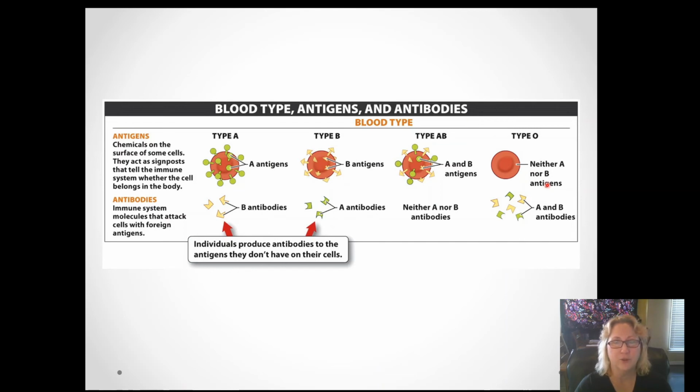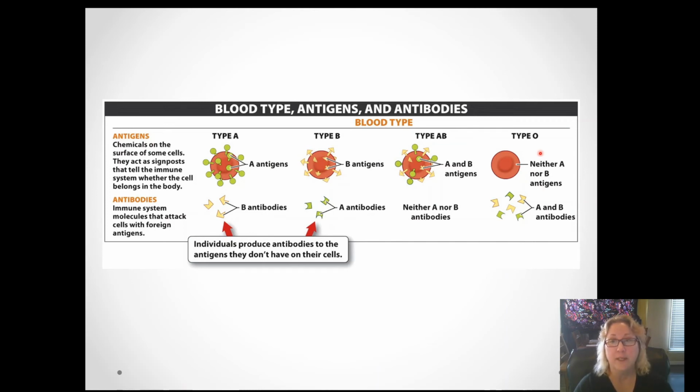And the same is true for the Rh factor, the plus and the minus in Rh factor. So if your blood type is AB positive, that means you could get blood from anybody, because you're not going to have antibodies against the A, against the B, or against the Rh plus. If your blood type is O negative, you're going to have antibodies to all of them. So you can only get blood from other people who are O negative, but that makes O negative people the